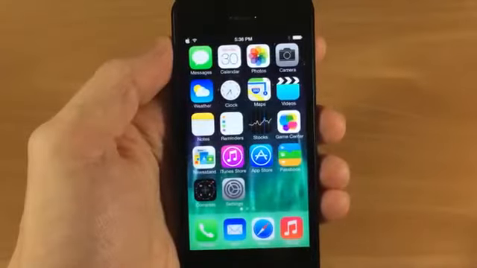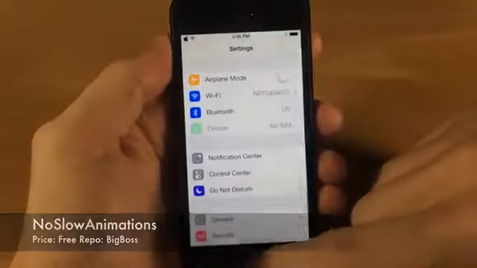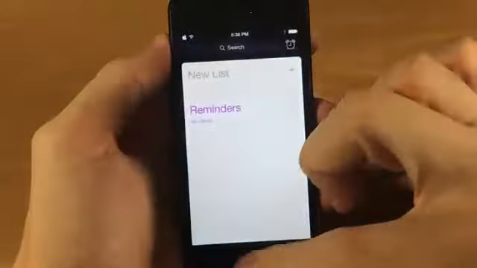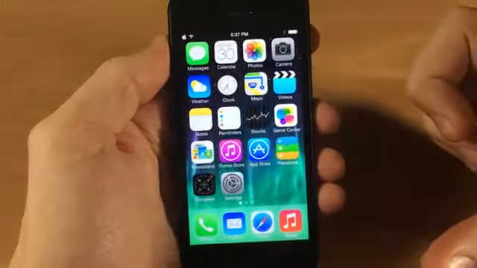Alright, so here we have a new tweak called No Slow Animation, and what this does is speed up all of the animations. So you can see here that I'm just jumping in and out of applications really quickly. It's really springy, makes all the animations really springy, and you can see there's really no options to configure with this tweak,